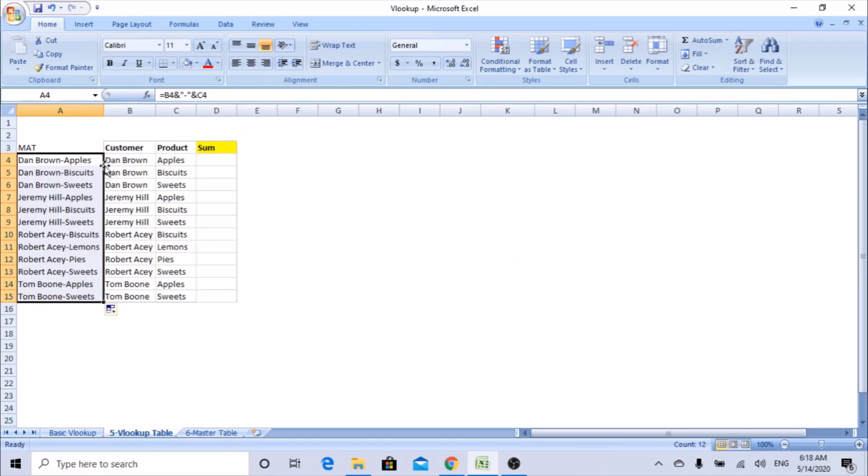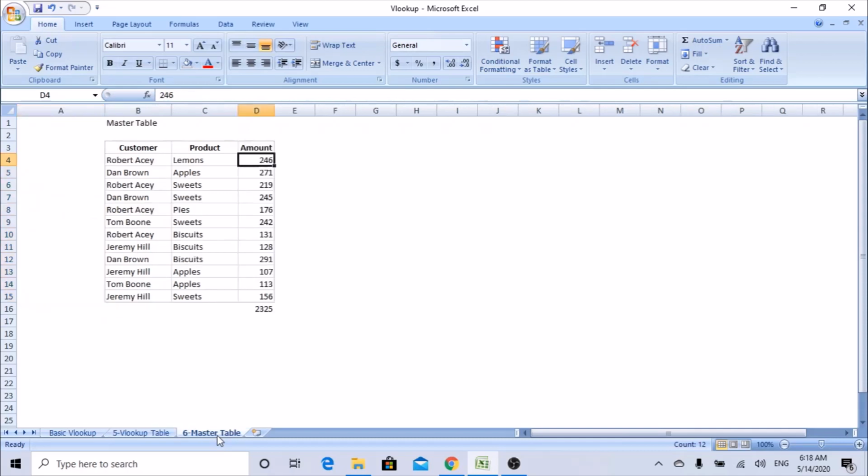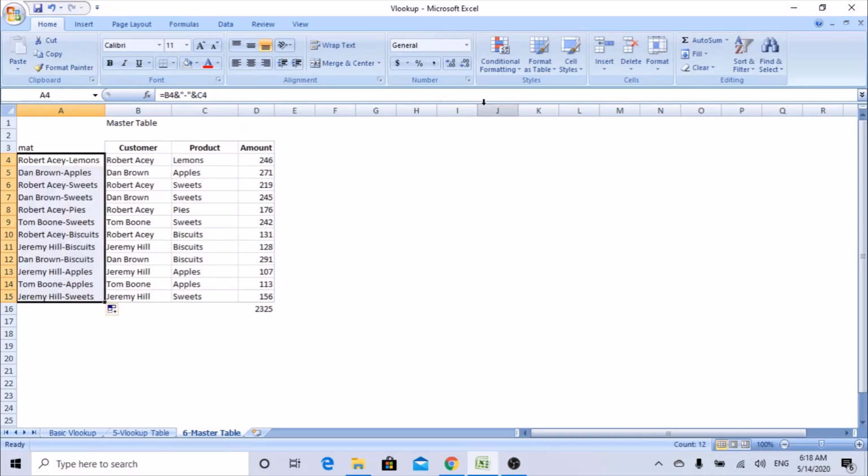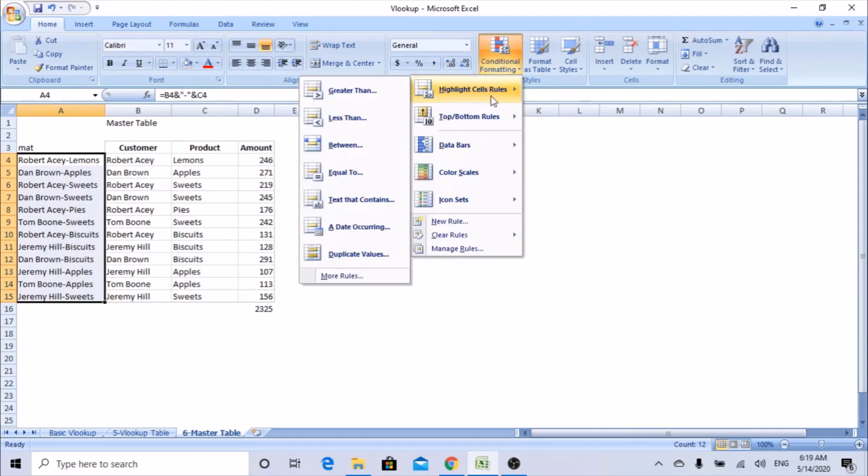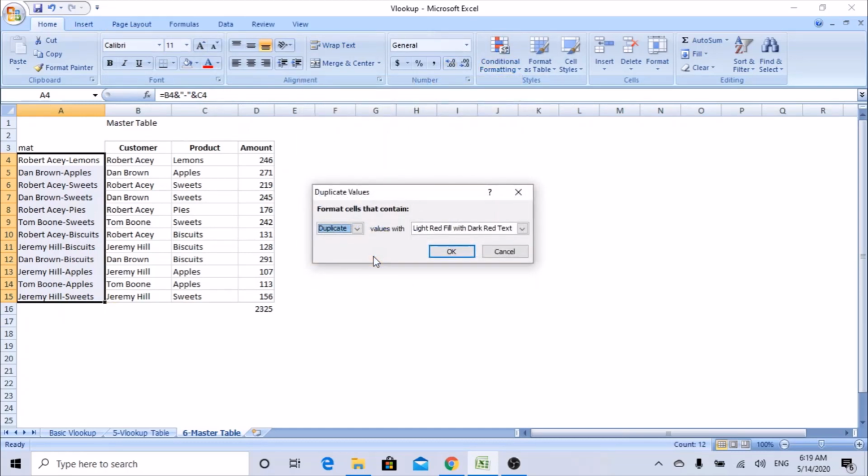What you have created here, you need to create the same thing in the master table for the same columns. So you should not change the criteria. So Mat, I'm trying to use the same: select the cell, open the double quote, hyphen, end with the double quote, and select the product cell. Just copy and drag it down. Let's check whether it is unique in nature. It's very important to check both the master and the lookup table for uniqueness. As you can see, nothing is highlighted here, so we are good to use these columns.